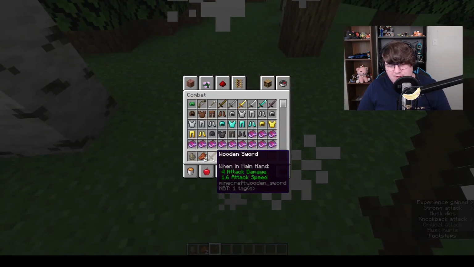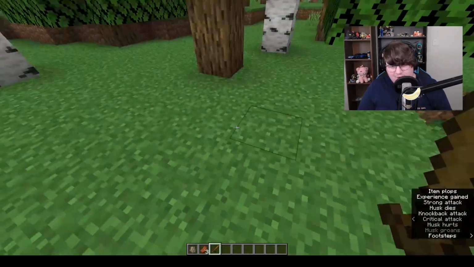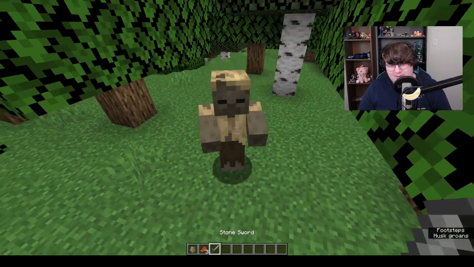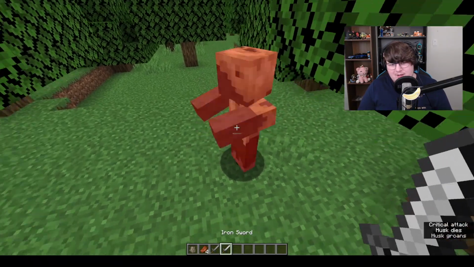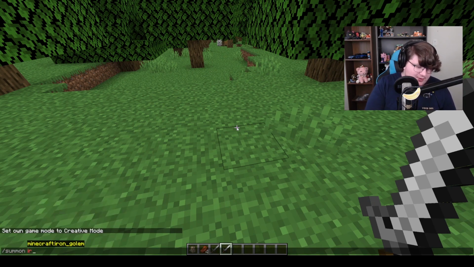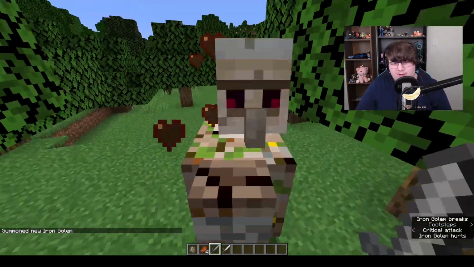2 shots with a wooden sword. A wooden sword, boys. Double shot with a wooden sword. That means that when you go up to a stone sword, I'm pretty sure there's either 2 or 1 shot. 2 shot for wooden sword, but the husky boy can 1 shot with an iron sword pretty easily, which is actually pretty nice. If we, let's say, summon an iron golem here, grabbing a stone sword, 1, 2, 3, 4,